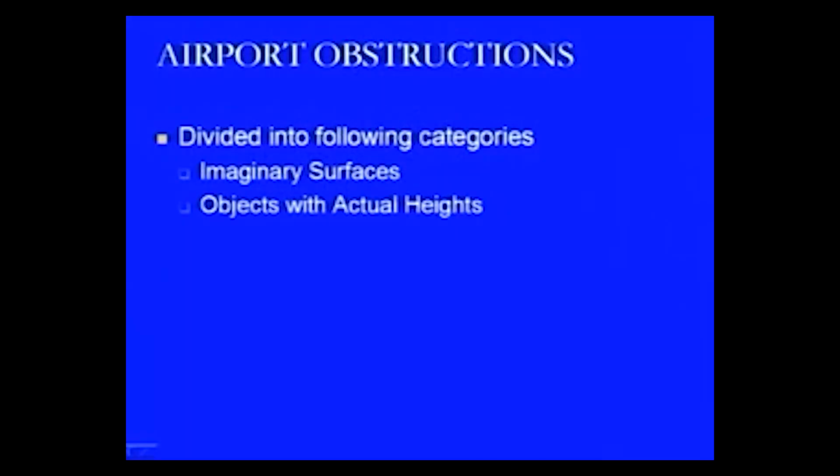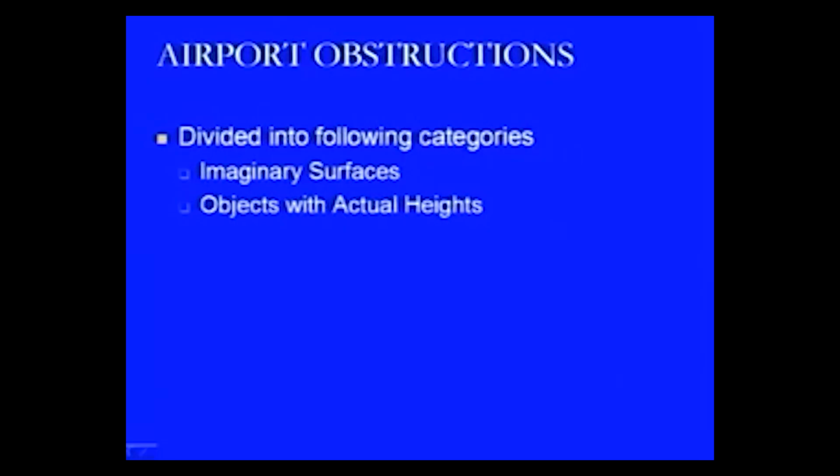On the basis of that, they can be divided into two categories, which are imaginary surfaces and objects with actual heights. So, we will be discussing the two cases, that is imaginary surfaces, where we assume that there can be any surface which may come up to this level,